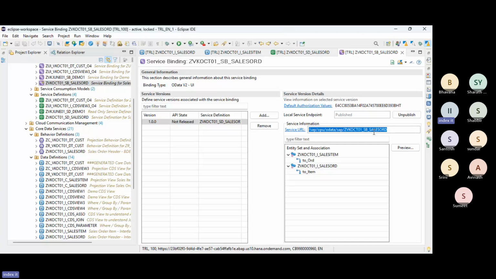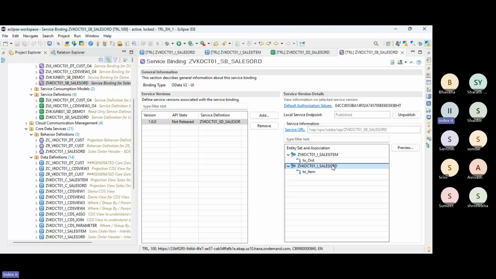It is not relevant, but if you know, if you were creating an OData service, you were using IWFND_MAINT_SERVICE to maintain the service, whatever version v2 or v4, locally, and then a URI was generated, and that URI you were using in the gateway client, or you were giving to the UI5 builders, or for an external application. So here also a kind of URI is generated, which is your local endpoint URL. So I will select this, which is my root node,